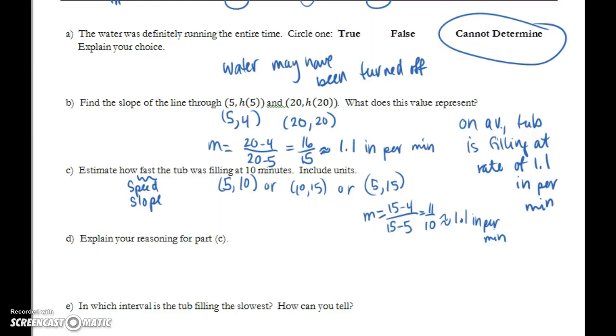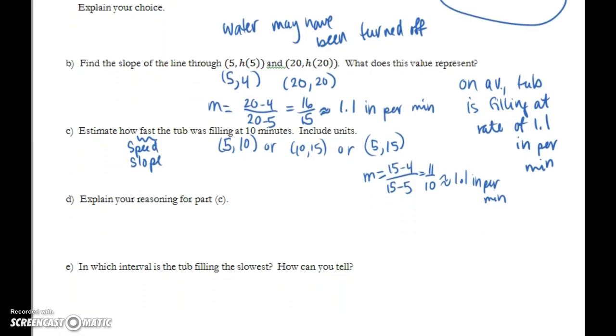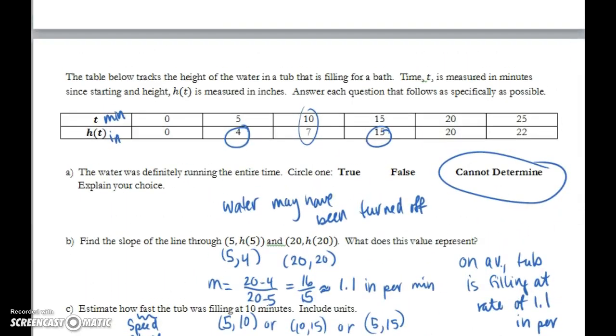And then in question E, it says, when is the tub filling the slowest? How can you tell? So again, this is a rate, and to find your rate, we need to find the slope. So let's find the slope for each interval in our graph. So here, if we do the slope, it's y2 minus y1 over x2 minus x1, and this is about 0.8. If we do the slope here, it is 7 minus 4 over 10 minus 5, so that's 3 over 5,